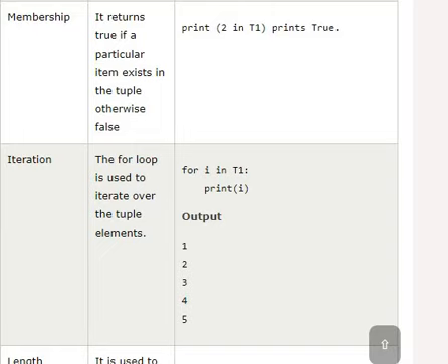We can even use a for loop to iterate over the different elements of the tuple.